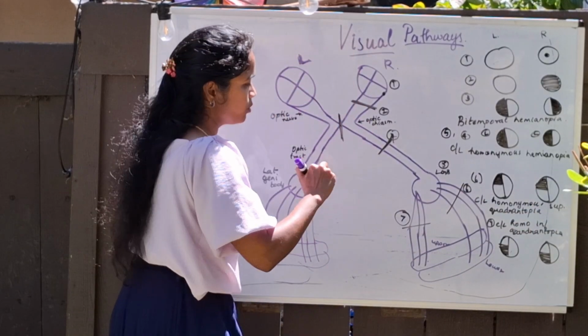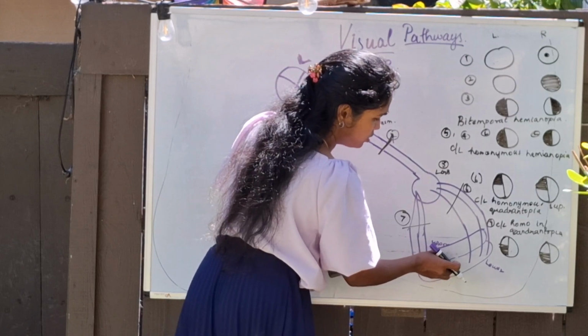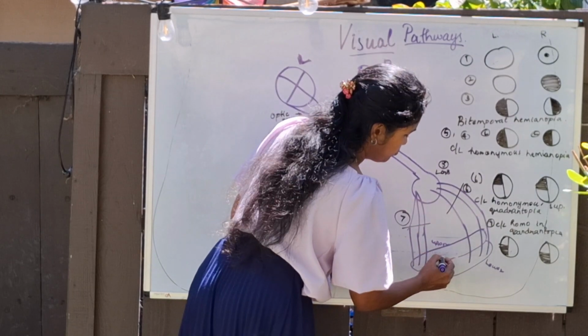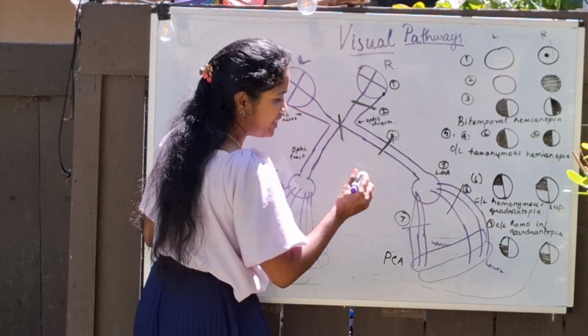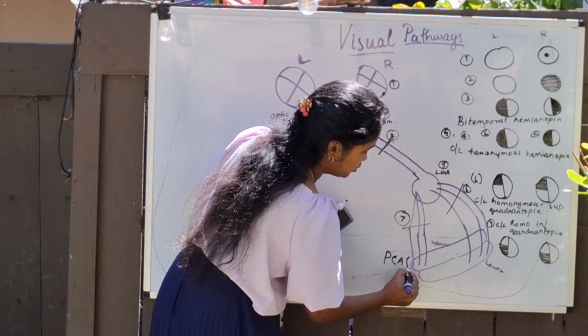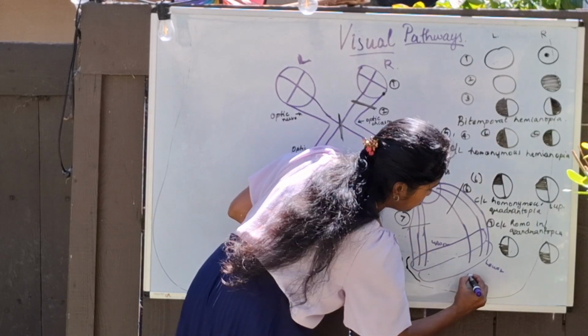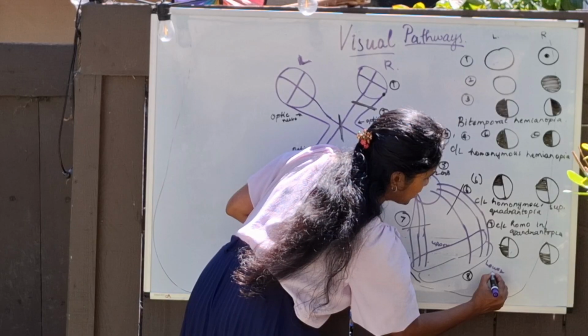I have only one more thing to say. When both, for example, the occipital lobe is supplied by the posterior cerebral artery. When there is a posterior cerebral artery infarction, that is, both of these are lost, then how will it be? It will be presenting as